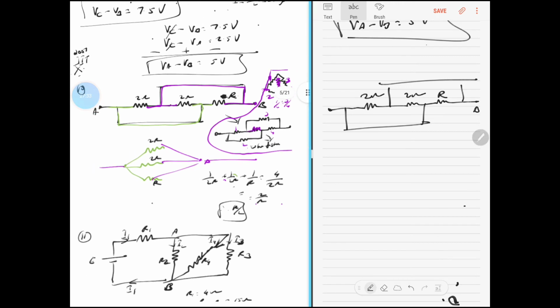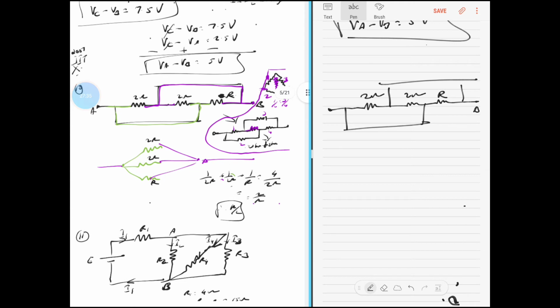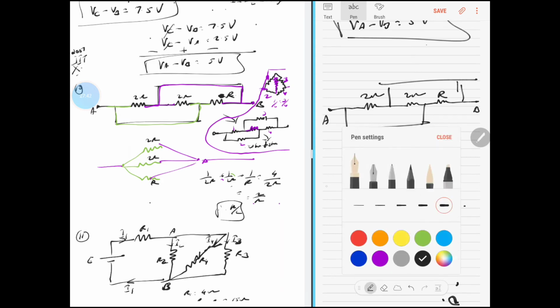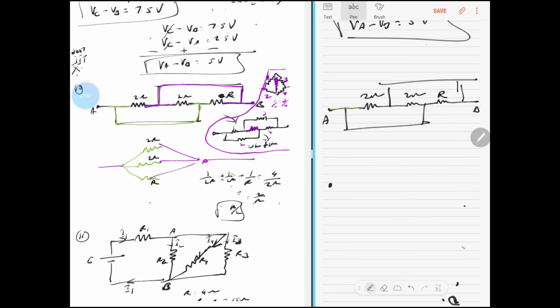Let me think of what could be the question here. Let me redraw this. This is terminal A. From terminal A, you see how I'm drawing a green wire. It reaches this 2 ohms. And from terminal A, it is also reaching to this and this, which means terminal A is actually connected to 3 resistors. Can you see? And look at terminal B, take a wire like this. You have another wire which goes like this and is connected, again, to all the 3.